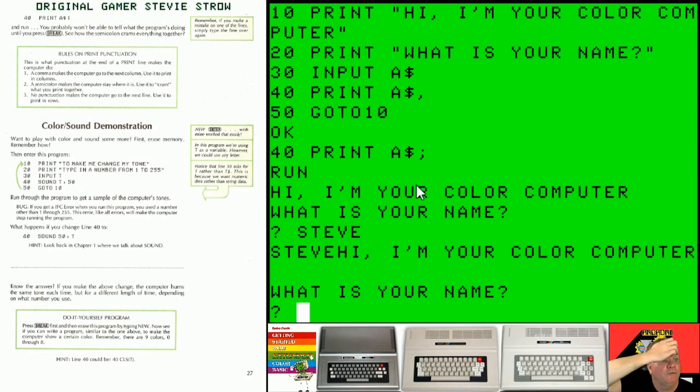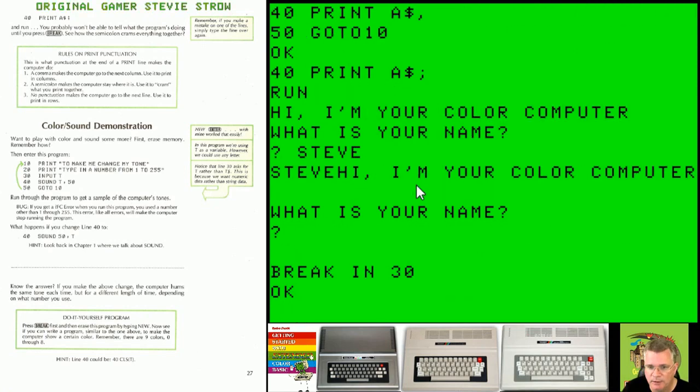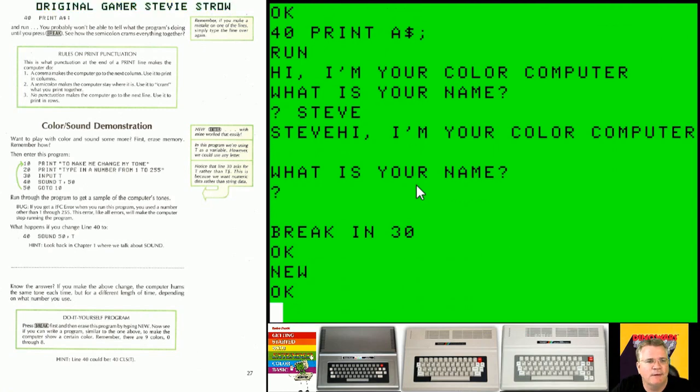So it says you want to play sound and color. Want to play with some sound and color some more? First erase the memory. Do you remember how? Well, if I'm not mistaken, it was to type in the word new. Now, ironically, because I didn't read ahead in the book, I kind of gave you a little preview of how to change color and sound at the end of chapter 2, but we're going through the book, so we'll do this again. Mine was a little bit cooler because it did it randomly, but let's go ahead and type in